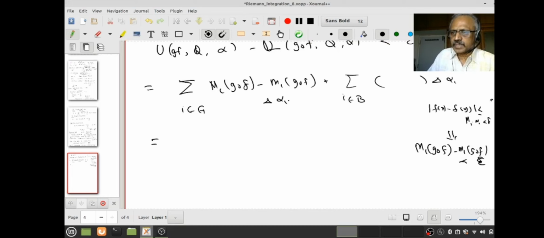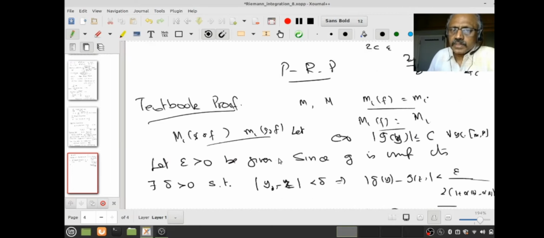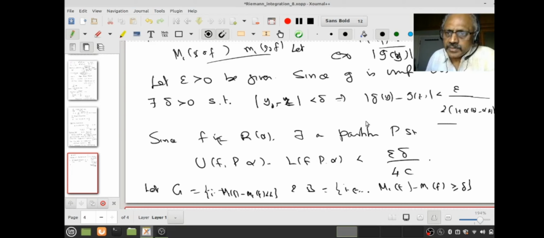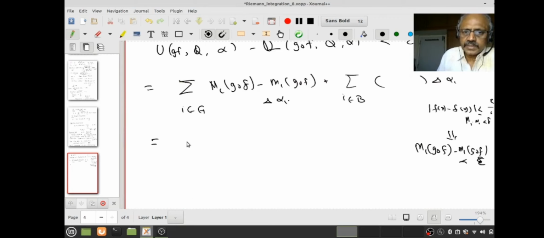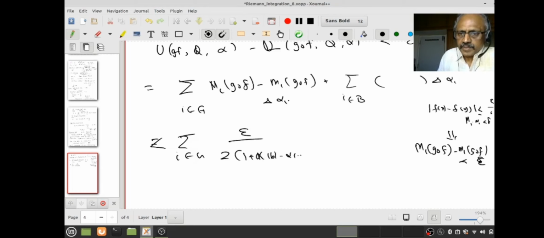This is something to do with epsilon by something. Okay, it's epsilon. This is uniform continuity. You understand that? For the time being, if you want, just keep it aside. What I know is this is less than epsilon. What did we know by uniform continuity? What I wanted is epsilon by 2 times 1 plus this. Therefore, this summation over I in G is strictly less than epsilon by 2 into 1 plus alpha B minus alpha A